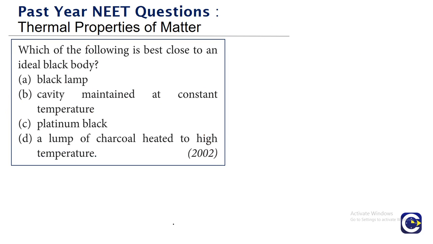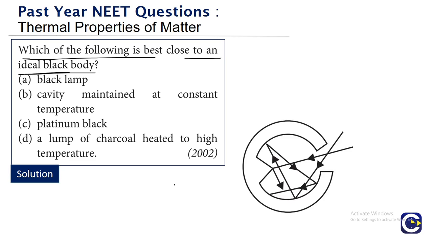Next we have a theoretical question on the black body. Which of the following is the closest to an ideal black body? So what is an ideal black body? This is a thing that probably a lot of you would have seen in a regular class also. So there is nothing called an ideal black body,